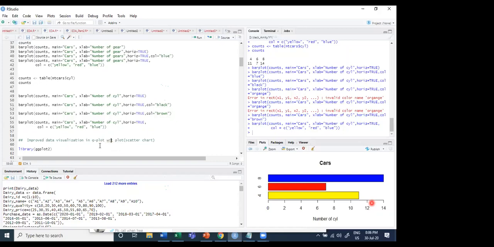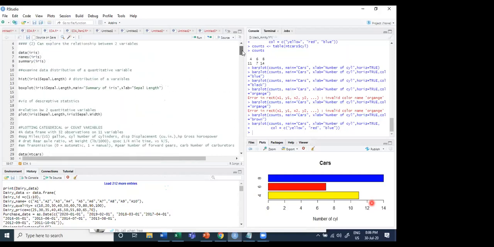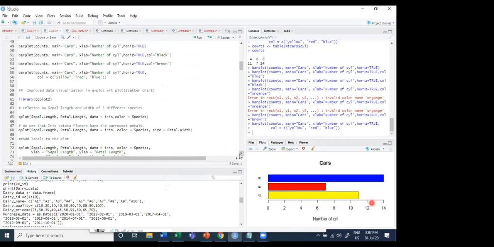Now let's see how to improve the visualization using qplot. Qplot with respect to the plot called scatter plot. So earlier we have seen the impact of scatter plot, if you remember. So let me take you to the main cause of our discussion, which is basically how to improve the quality of this in general. So this scatter plot which we have created, do you think that scatter plot is easy to remember?